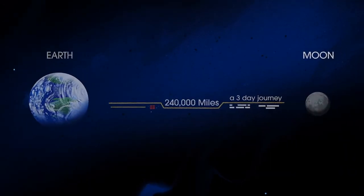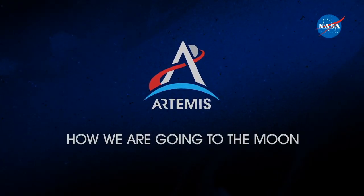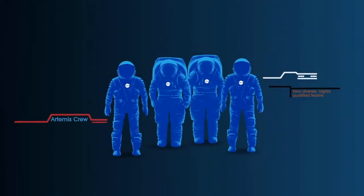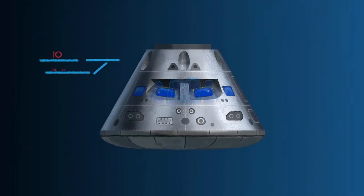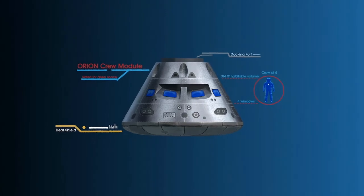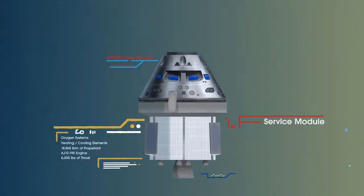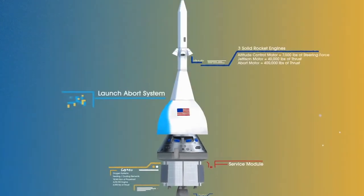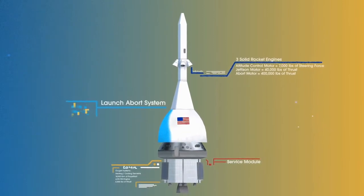So, what will an Artemis mission look like? Everything is designed and tested with our most important element in mind, the astronauts. This is their deep space, human-rated spacecraft called Orion, built in 3 parts. The crew module, where up to 4 astronauts will live and work throughout the flight. The service module, with life support systems for the crew and its own engine and fuel reserves. And a launch abort system, with engines capable of pulling the crew module to safety during launch should anything go